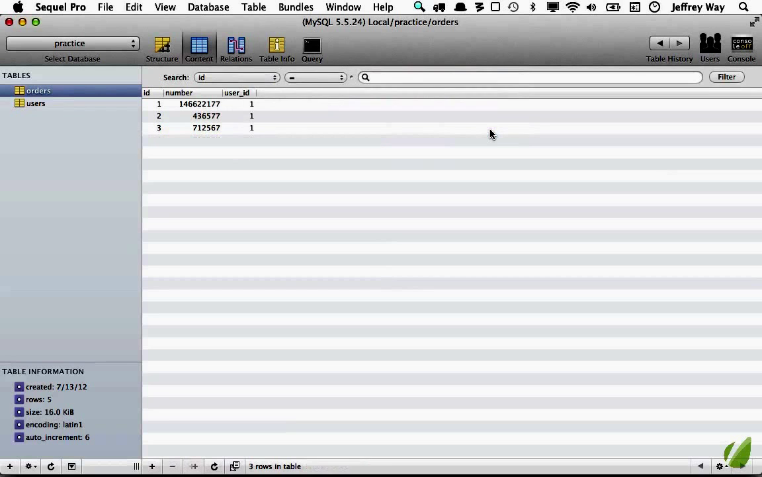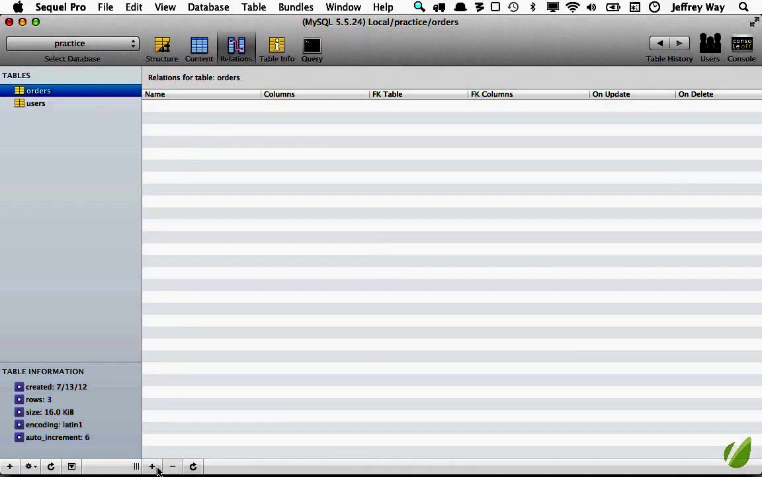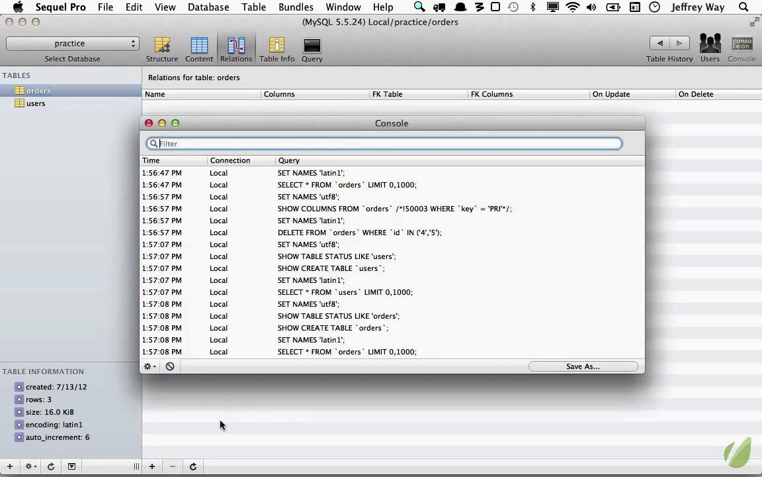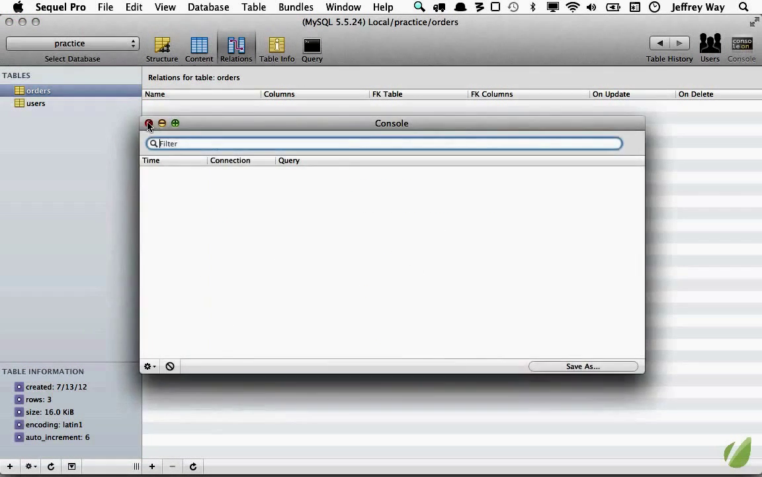That's one way you could do it, but that's not the good way. The correct way is to create a foreign key and a constraint. Let's do it now. I'm going to click on the relationships, and we're going to add a new one here. But before we do so, let me clear the console just so you can see the command that is running